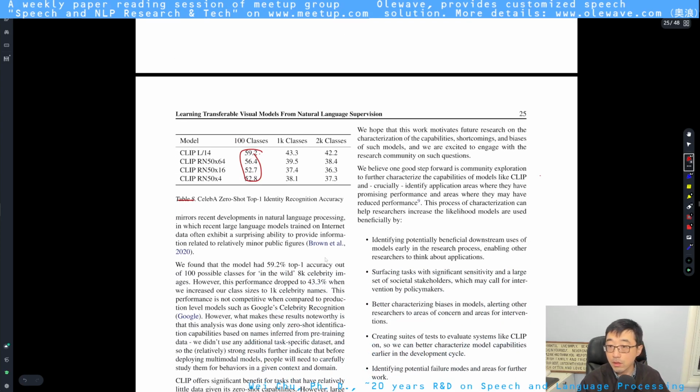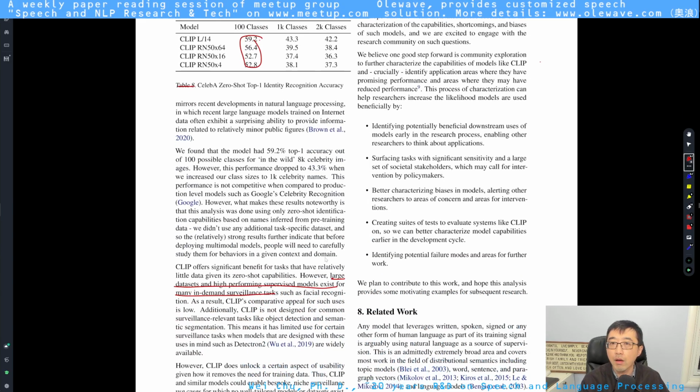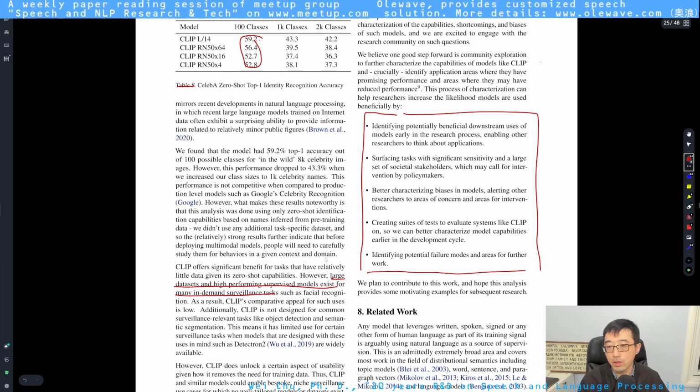Yeah, these are suggesting that's future work. They listed several potential future directions, or future research work that may benefit from the CLIP model. One thing is the downstream use. I think this is common sense. And also,